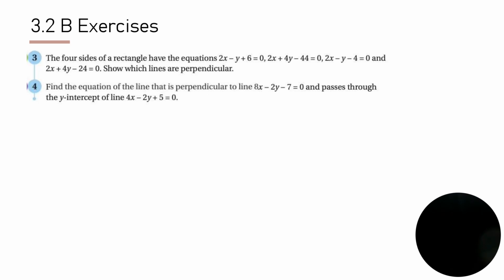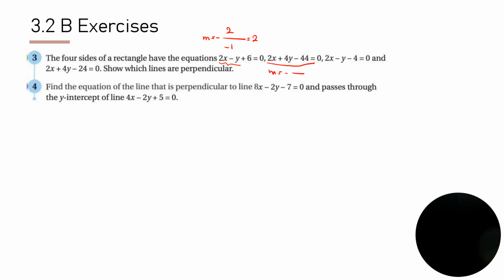Question 3 says that the four sides of a rectangle have these equations. It says, show which lines are perpendicular. So we have to find the gradients of each line and then decide which ones have opposite and reciprocal gradients. So the first one, using the formula, negative coefficient of x over coefficient of y, has the slope of 2. The second line,